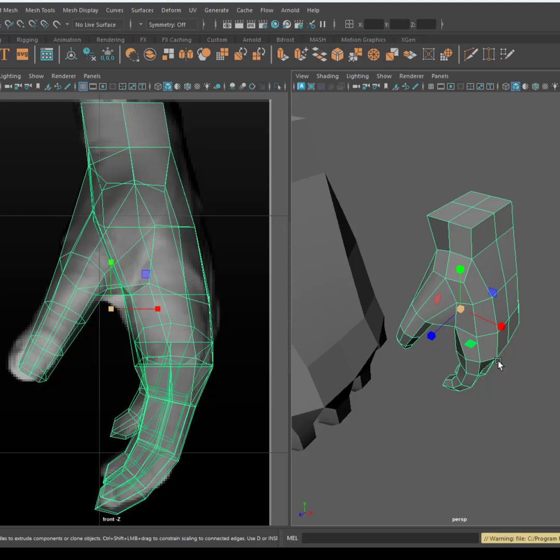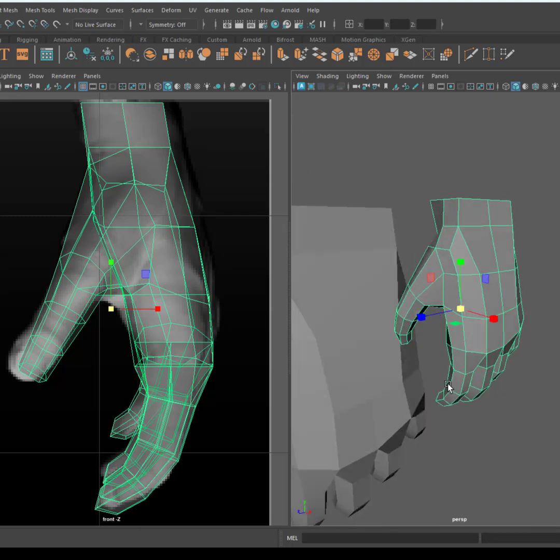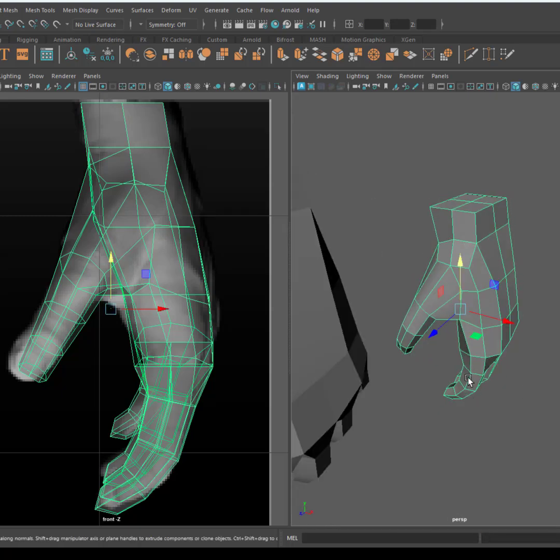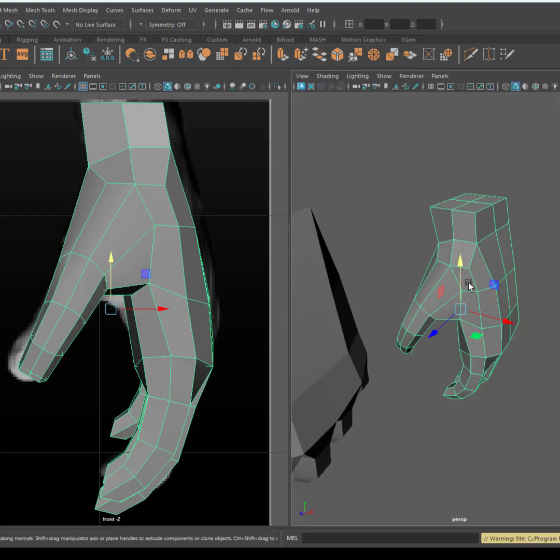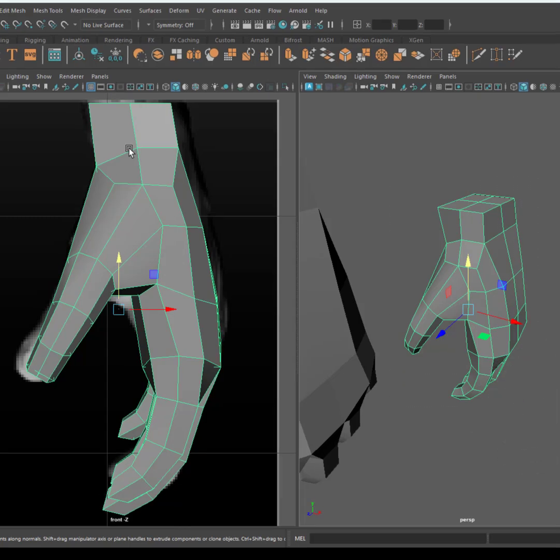So now this is the scaled version of the hand. Then I will just turn off the see-through mode. Okay, so now I'll select this scaled hand version,